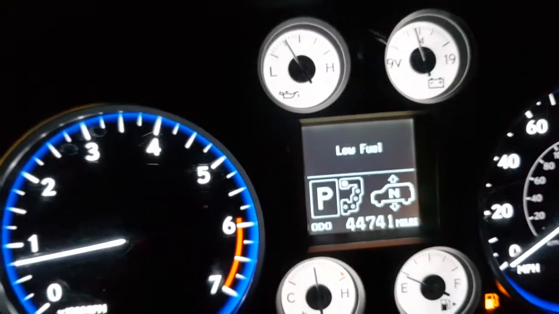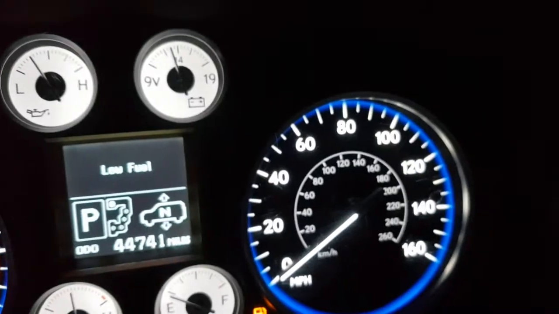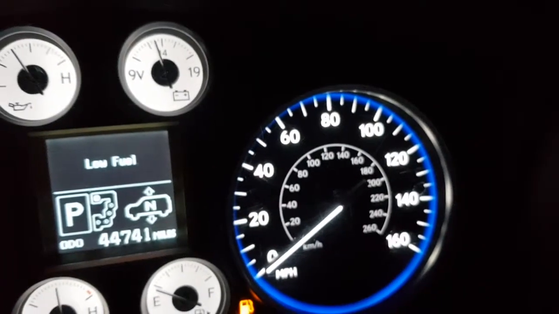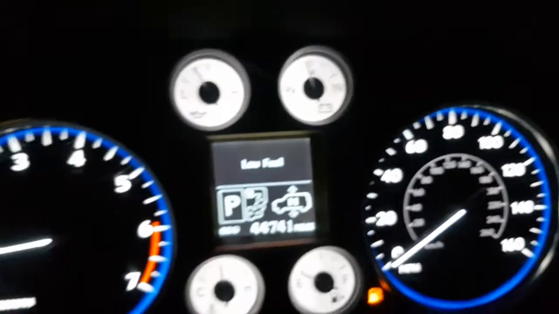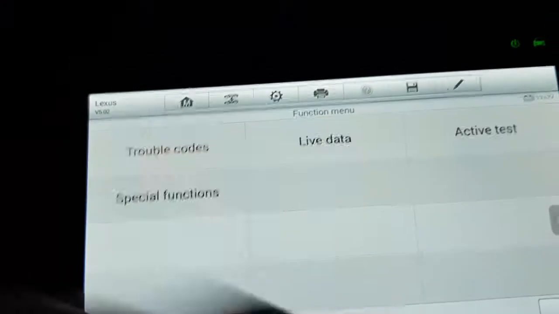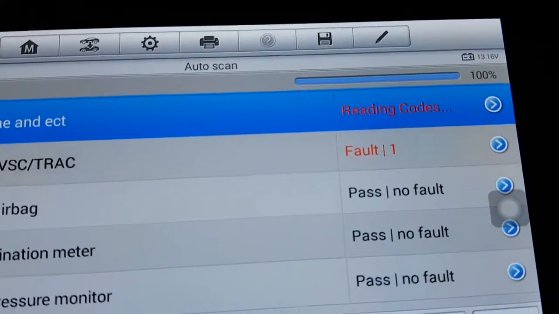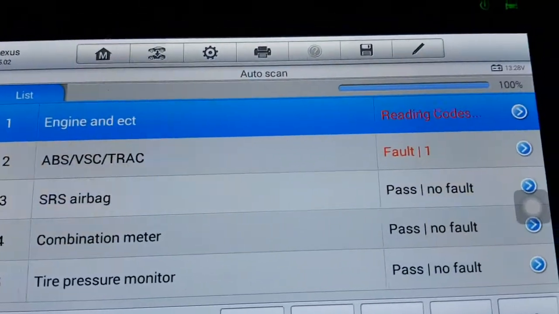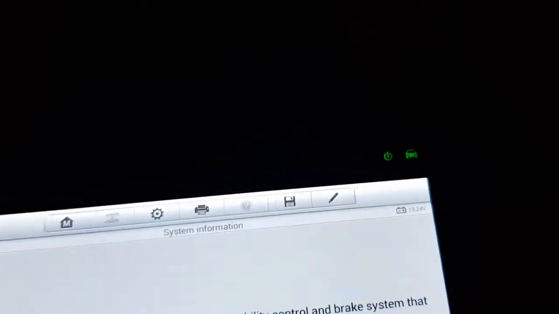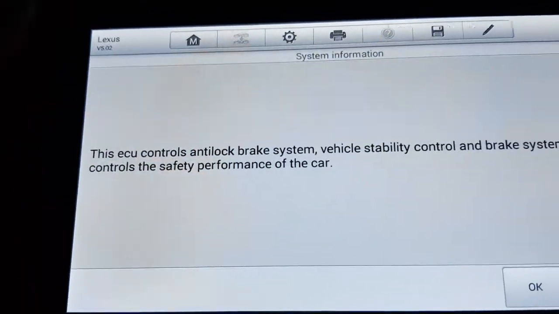It's good before we do any movement to put in fuel and recheck the motor again. It's reading the engine codes again, and let me go into the ABS directly.